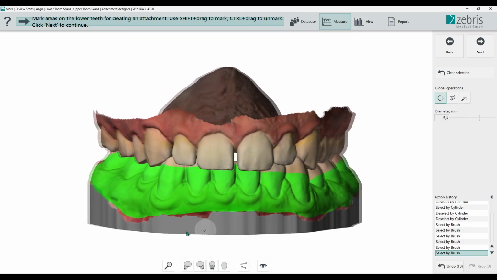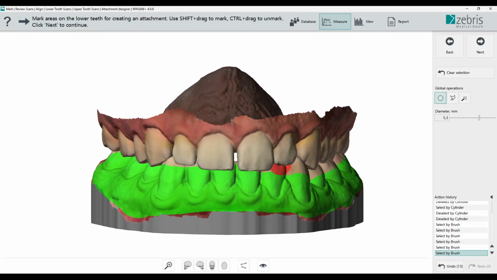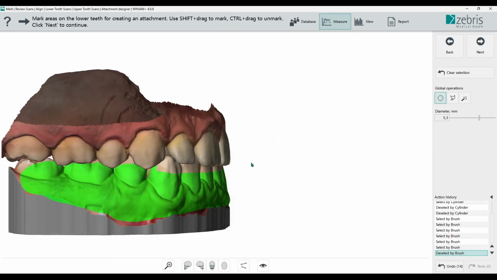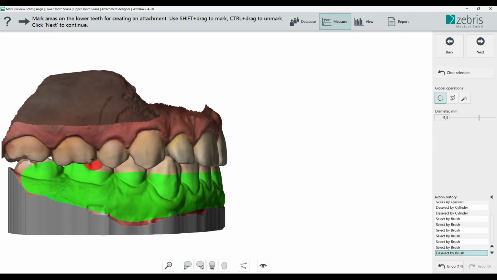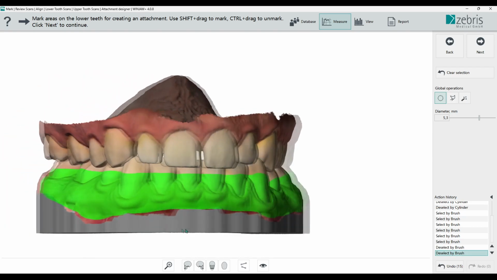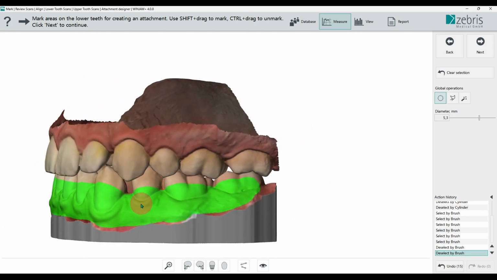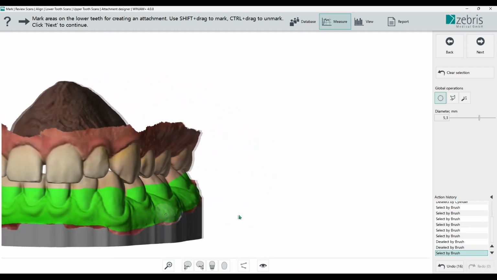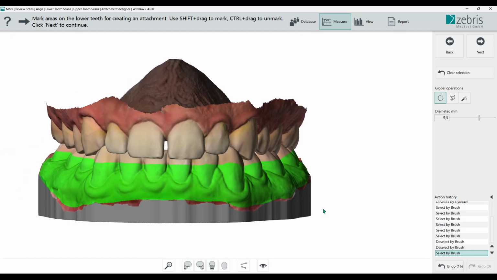And here we can see that we would have intersections, and now I will remove it according to the position of the upper jaw. And when we are fine with the outline of our attachment, we can go on.